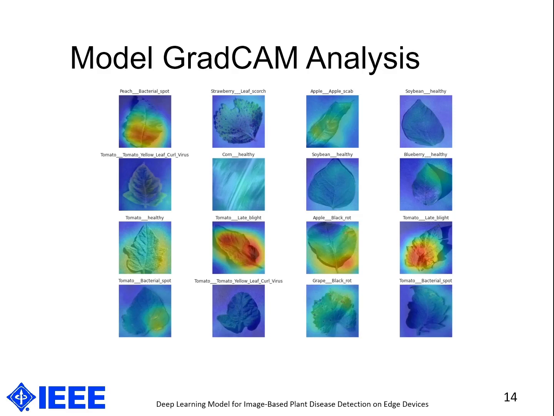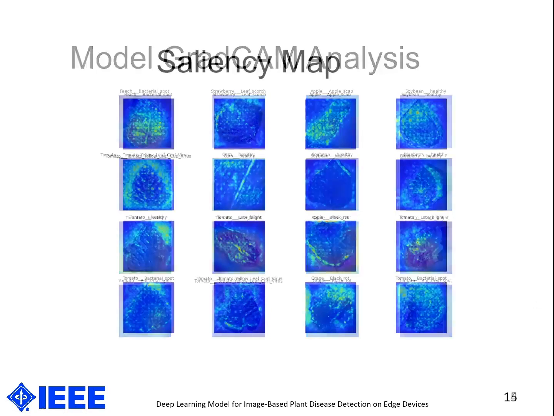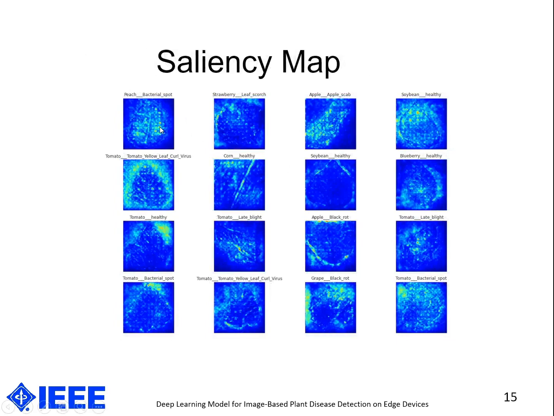Here, as we can see, the hotspots are the regions which are affected by the diseases, and we can see in Grad-CAM analysis that the regions are being marked by the hotspot. So we know that our model is actually using the exact regions that we want it to use. And when we come to saliency maps, it also shows the exact affected regions which we wanted to use. So the visualization shows that the model was on the right track, and hence we could go forward with the training.